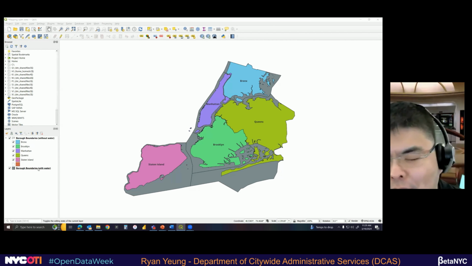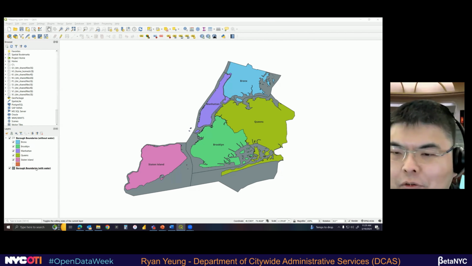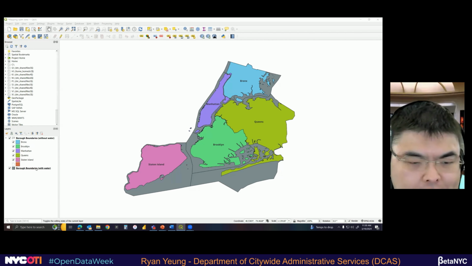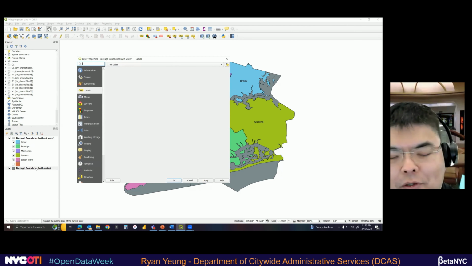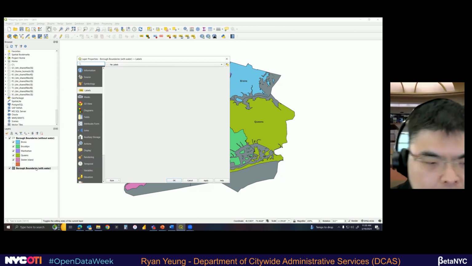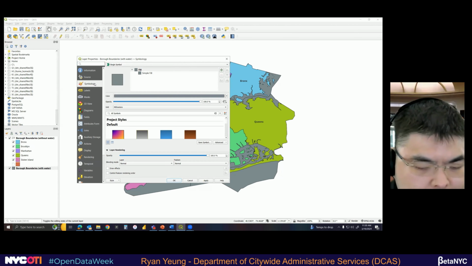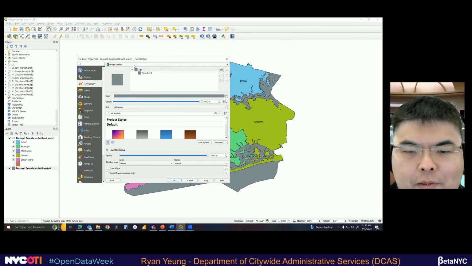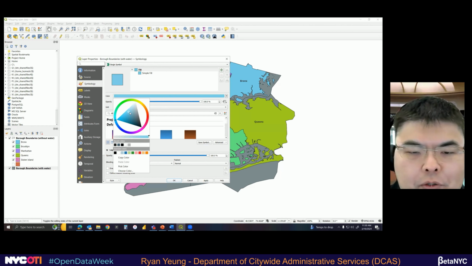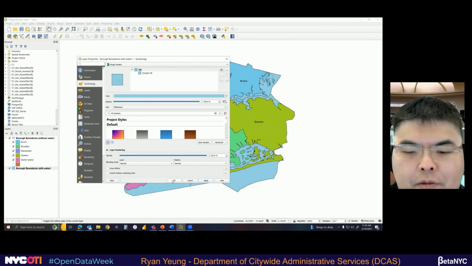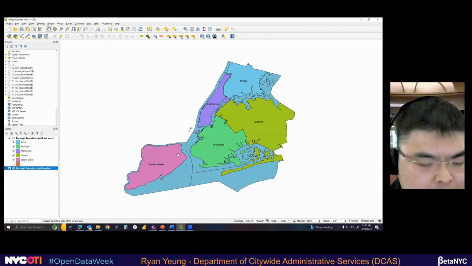Water should not be gray. That's not generally how you want a map to look. So let's fix that. Once again, we're going to double click on the layer, that's the one with water, and go back to symbology. And the fill, just keep it a simple fill. That's fine. But change it to a blue color. That's better. And now we have blue water, which is generally the color we associate with water.